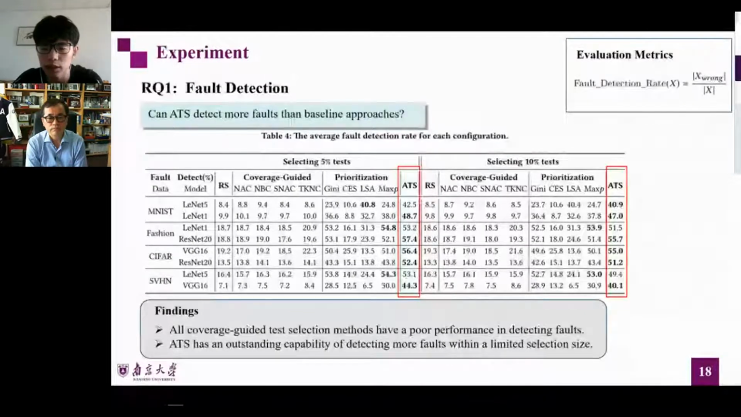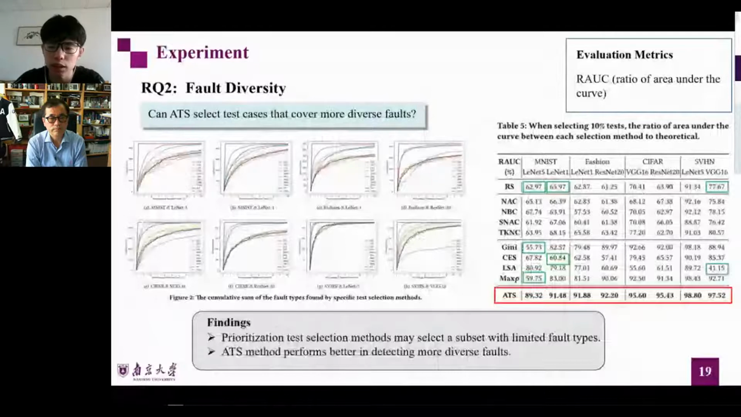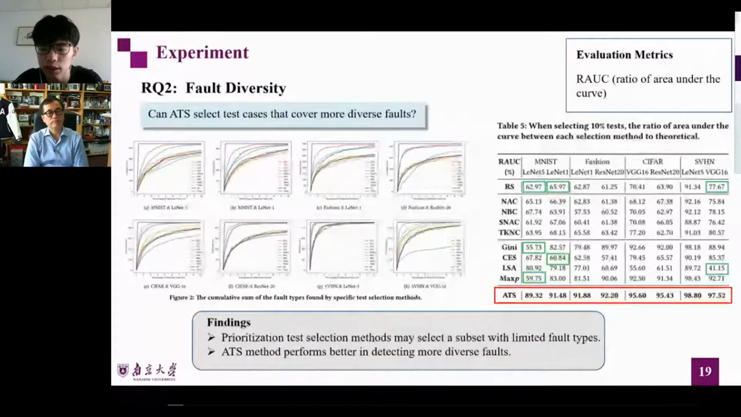The curve-guided test selection methods have a poor performance, while most prioritization methods perform better. ATS had the best result in most combinations. In RQ2, ATS achieved the best result for selecting diverse faults in all combinations, while prioritization methods are sometimes even worse than random. This phenomenon means that, although prioritization methods can sometimes detect more faults, the test cases selected may